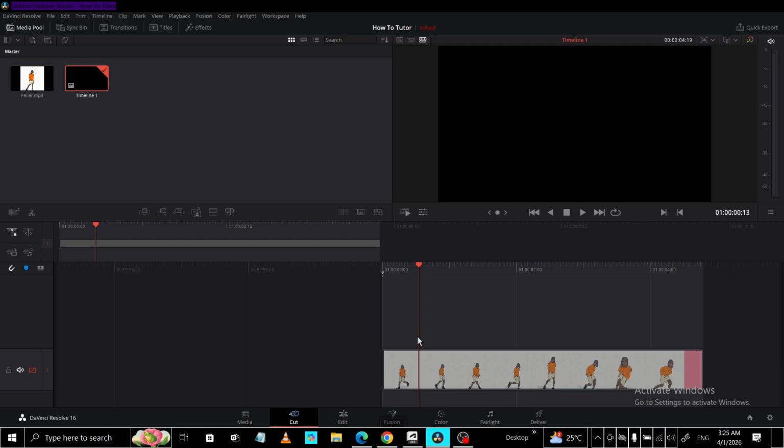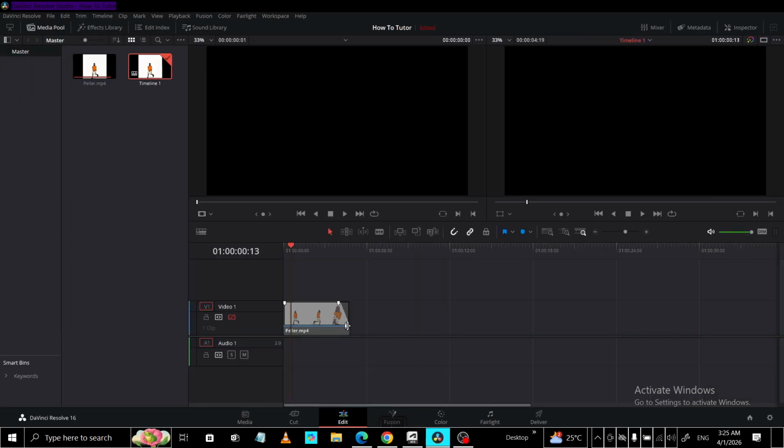First, make sure you're on the edit page of your editing software. This is usually the main workspace where you see your video and audio clips laid out on a timeline at the bottom of the screen. If you're in a different page or panel, switch over to the edit page now so your timeline and track